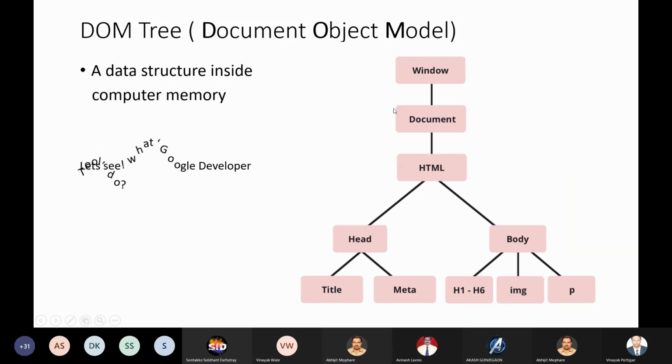This is what a tree normally looks like. The first is the window, your browser window, and the browser window has the HTML document. That HTML document has the HTML tag, and the HTML tag contains the head tag and the body tag. The head tag contains the title, meta, link, etc., and the body tag contains the actual tags used for heading, image, paragraph, etc. So this is a kind of DOM tree. This is just a representation. The actual DOM tree is quite complex and very difficult to understand. We normally don't visualize it directly, but this is an example of a DOM tree.